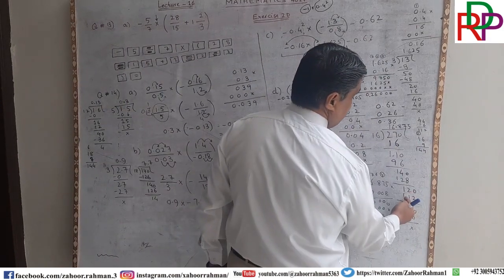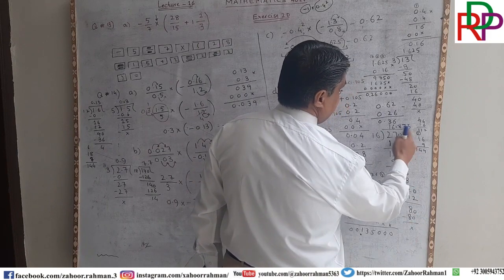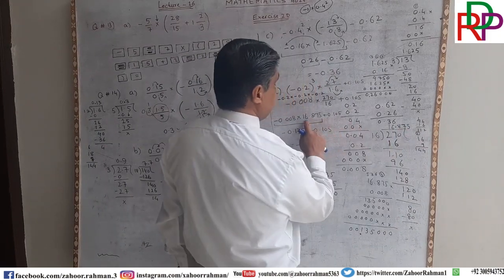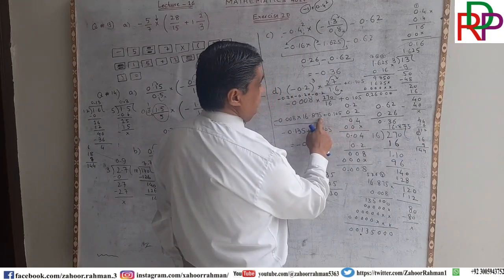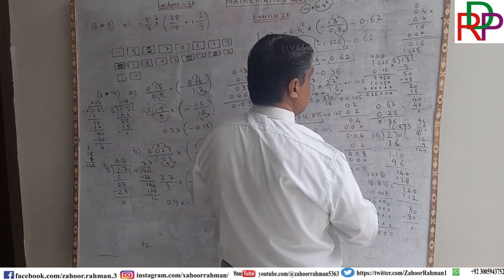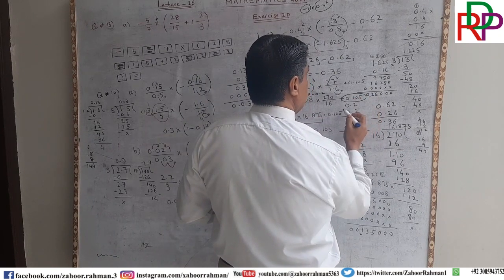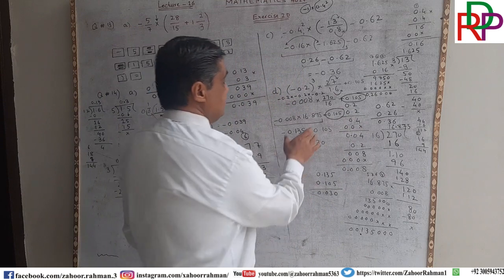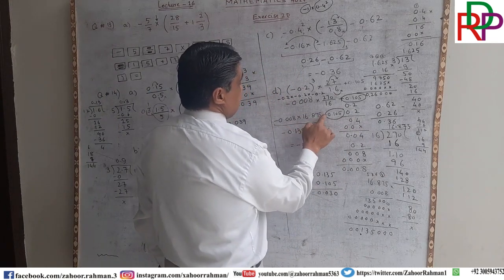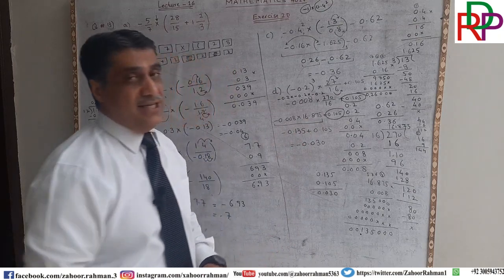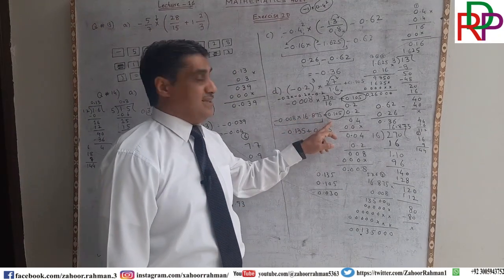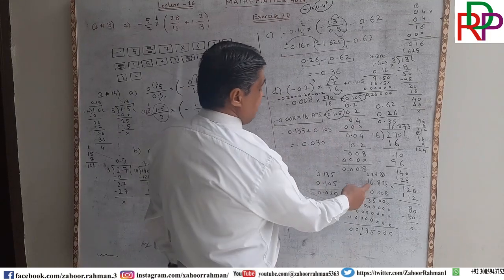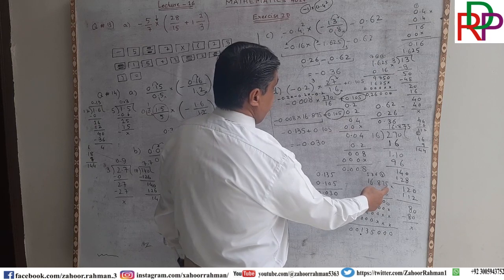16 7s are 112, and then 80, and then 16 5s are 80. So as a result we are getting 16.875. Now we are putting this 0.015 on its place. Now the next one is this multiplication, because there is a plus, and you know that the priority of multiplication is more than the priority of addition. So we are multiplying 16.875 with